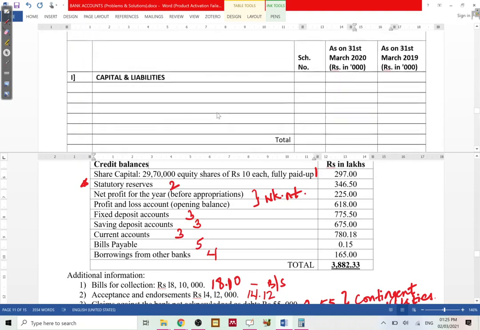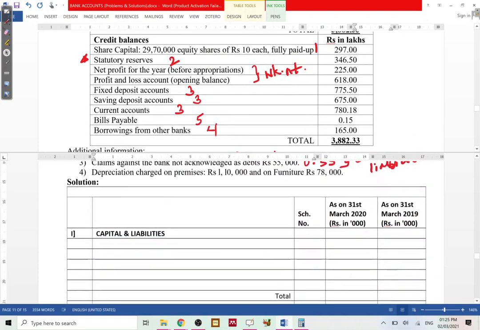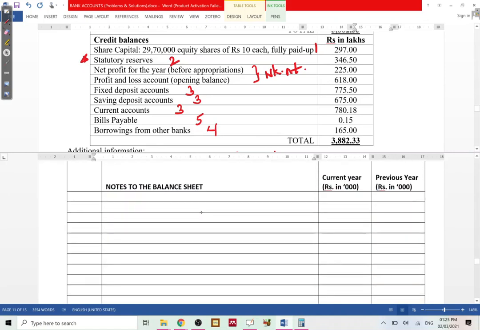Similarly, we are going to prepare notes to the balance sheet just like we have done with the P&L account. All of these items have to first go to the notes and then get calculated, then get totaled up and come back to the balance sheet. So let's start. First we have is schedule 1,